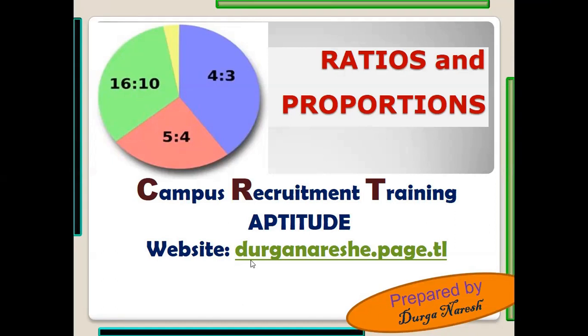So yesterday we covered the basic topic related to number system, as a part of the demo only. In number system we covered some of the important sub concepts like units digit concept, some of the basic properties of numbers related to divisibility conditions, and the next one is the factorial concept. Hope everyone understood.